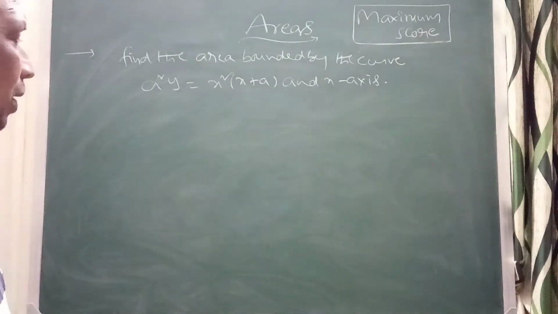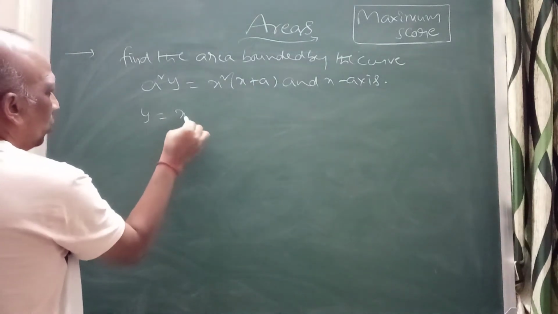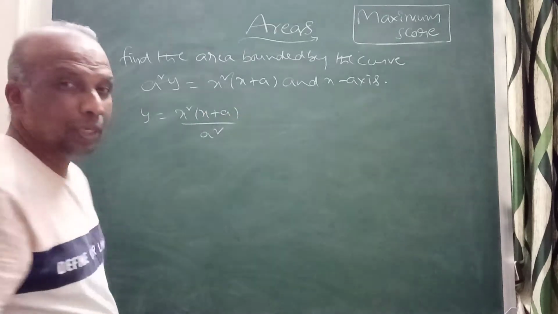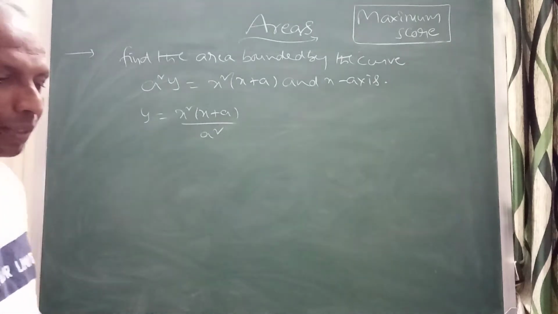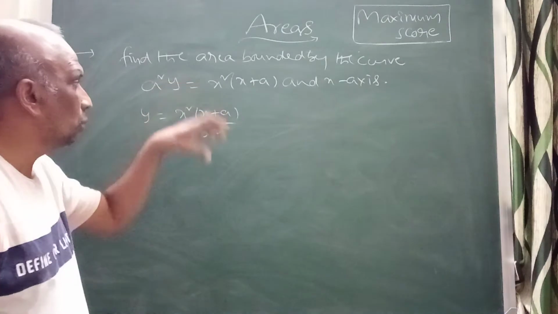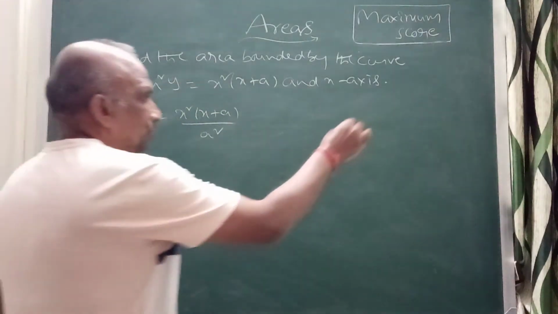See this problem, we should know the nature of this curve. From this I can get y is equal to x square into (x plus a) by a square. You can observe it is a cubic polynomial. That means if y equal to 0, then it touches the x-axis at 3 points, right? But here,